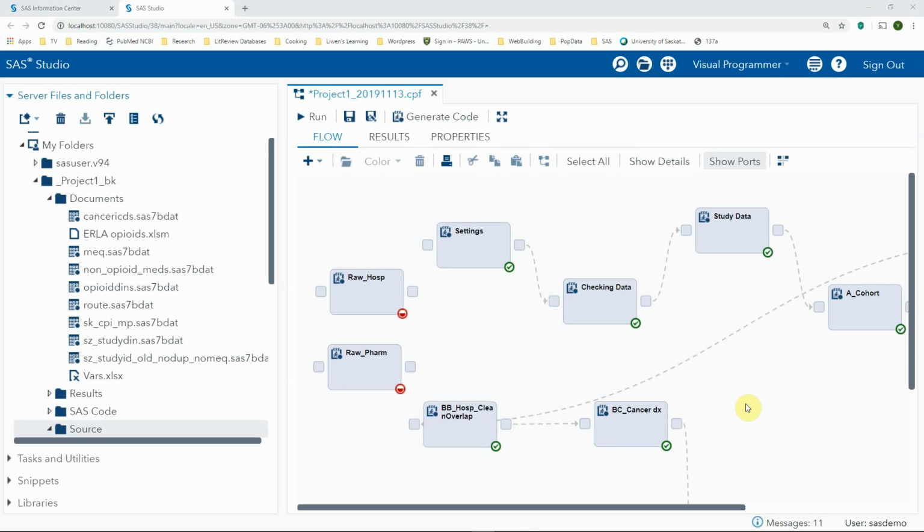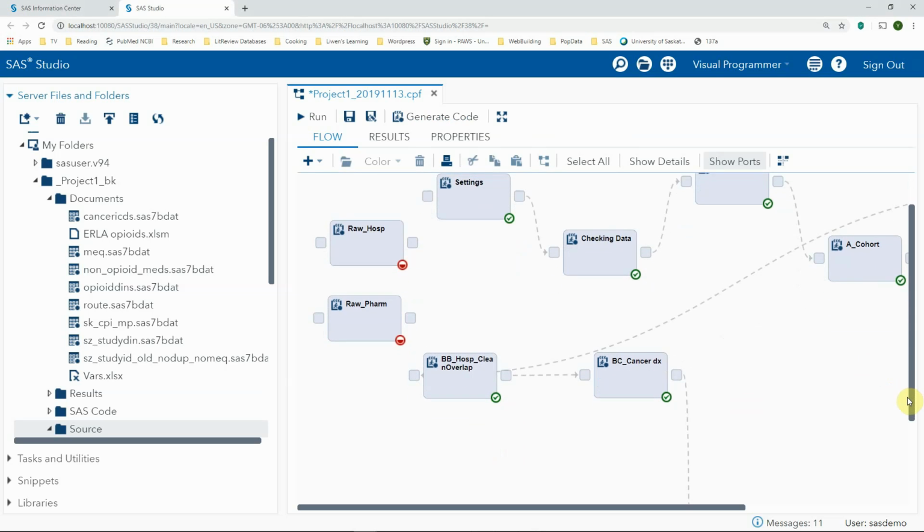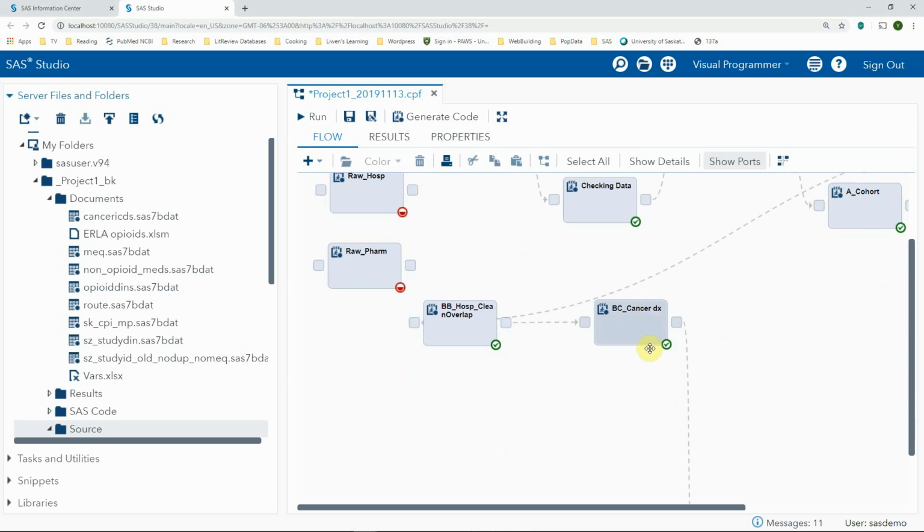So for this part, for each of the hospitalization periods, first we have non-overlapping hospitalization periods, and we indicate whether in this hospitalization the patient was having a